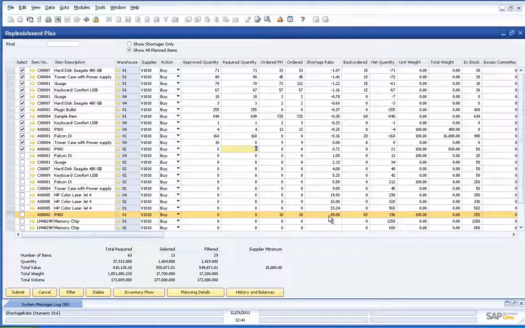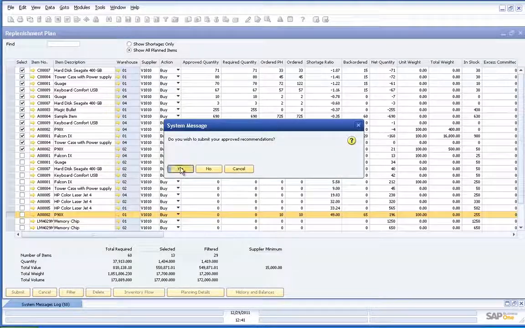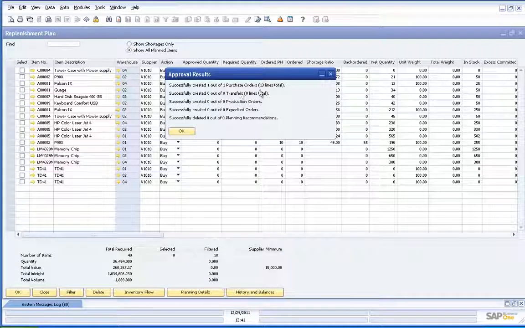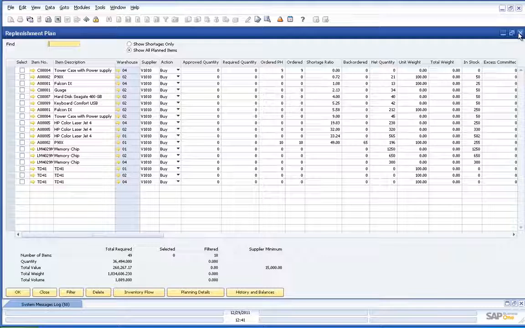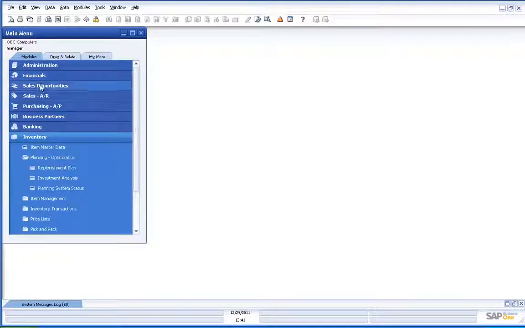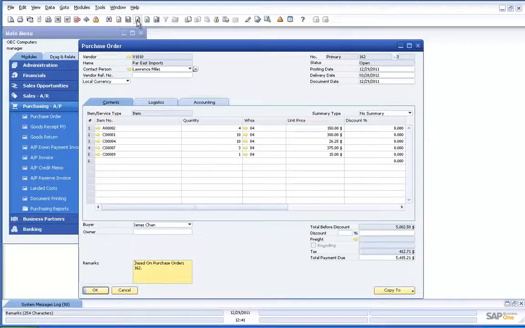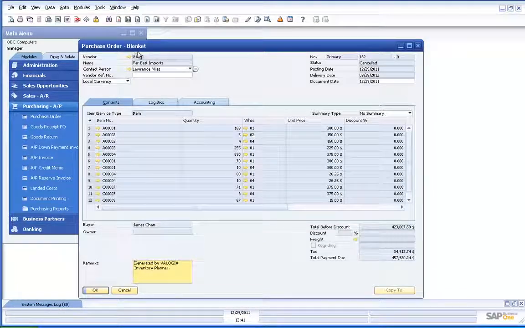This can be a great tool to help a user very quickly decide what they want to order, and once they approve the order, a purchase order will be created using the logic within Business One. Let's go take a quick look at that purchase order. Due to the fact that this purchase order covered multiple warehouses, a blanket purchase order was created